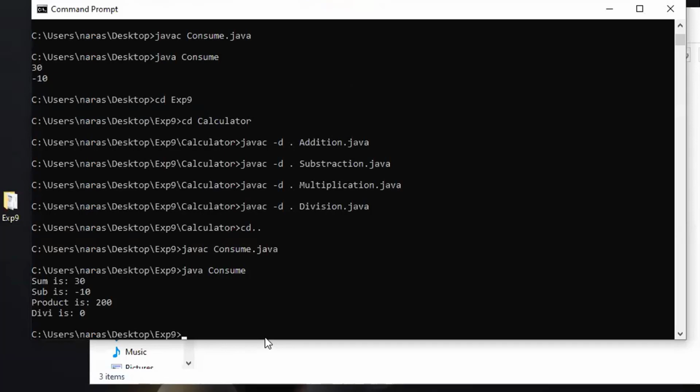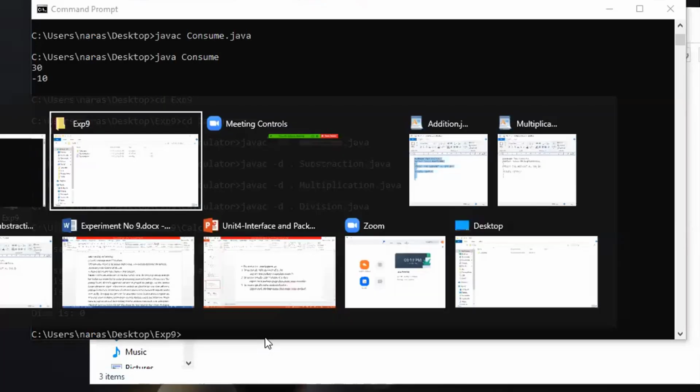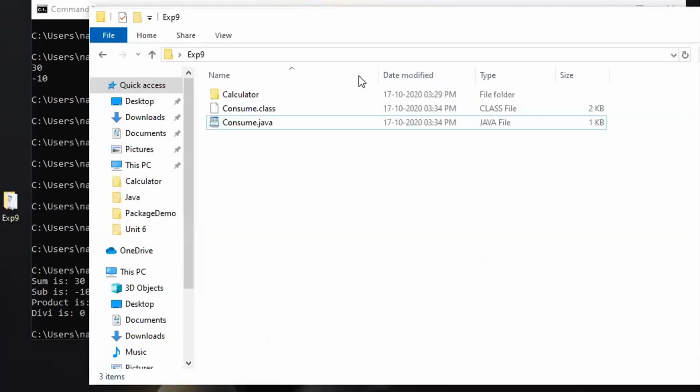Addition is 10 plus 20, 30; 10 minus 20, minus 10; 10 into 20, 200; 10 by 20, since you are taking integers, it is 0. Clear with the example, right?